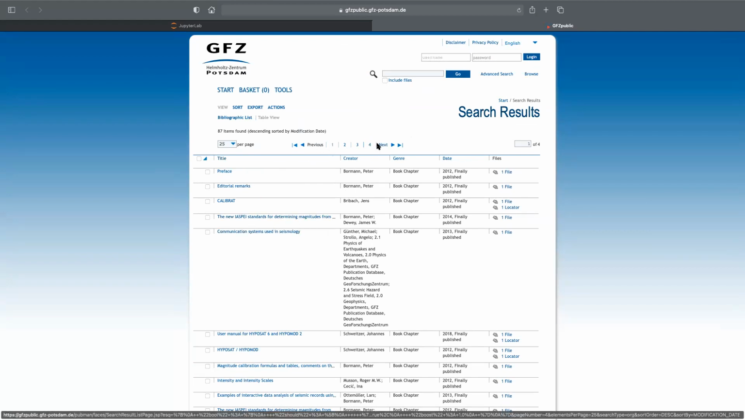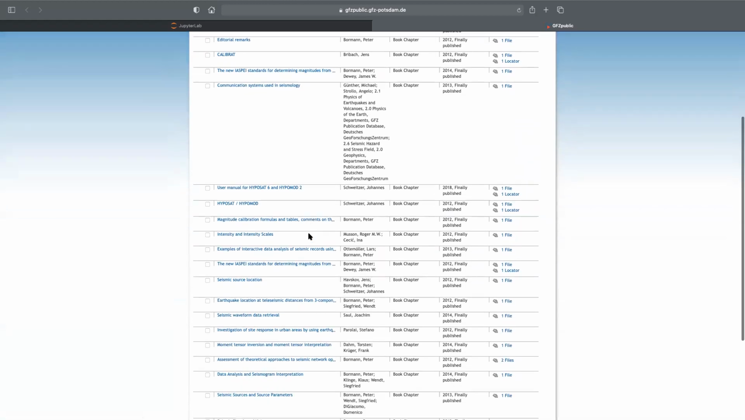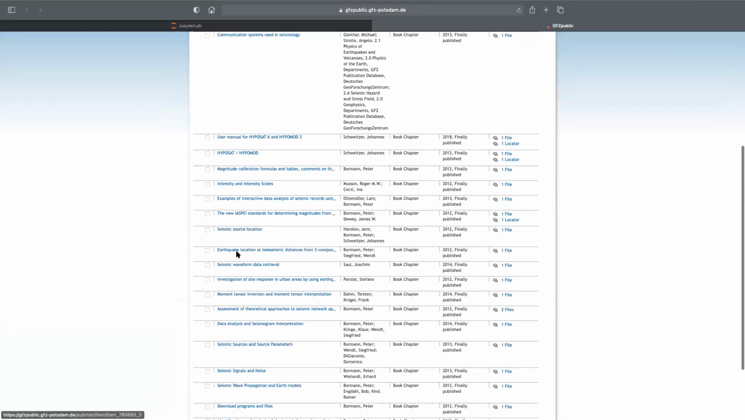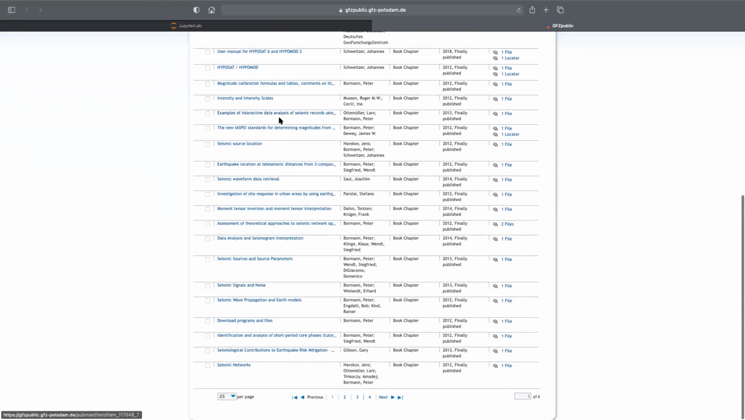If you go through these pages, you will see many different subjects that you may be interested in. So let's say here you have a chapter on seismic source location, or location at teleseismic distances from one station, how to do this. And this also comes with a tutorial, it's not just written stuff. Seismic waveform data retrieval, I'm sure this is very old because today this is done slightly differently, but just go through